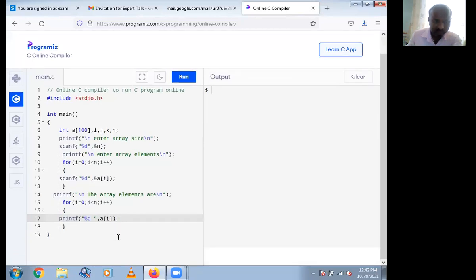Suppose these array elements are an unsorted array. I want to sort this array in ascending order.